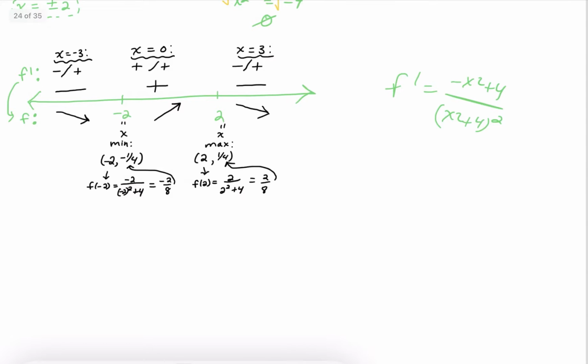All right, so working off of that f prime. So f double prime, again, quotient rule. We are going to start with our denominator left alone, so (x squared plus 4) squared times the derivative of the numerator, which is -2x, minus the numerator left alone, -x squared plus 4, and then times